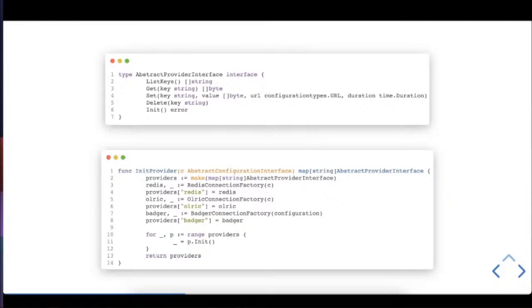So after that, we can pass our Redis or our Badger provider, and as the two structures are implementing the interface, it won't crash, but in your IDE you'll have the auto completion for an abstract provider interface object and not your real object implementation.